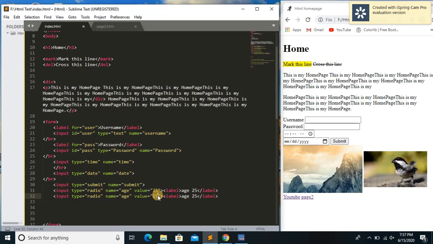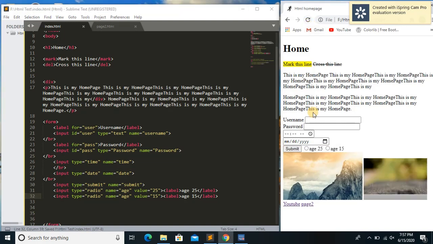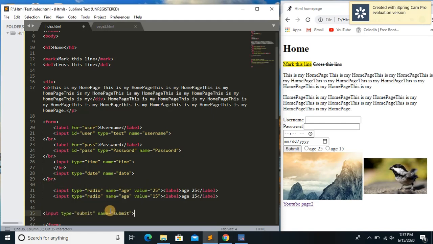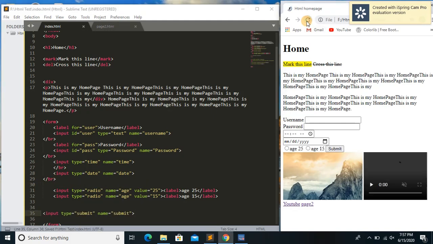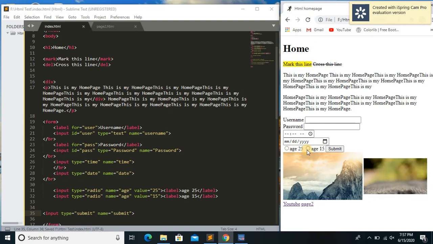Let's say 15. Save it. Let's run it. You can see a radio button. Okay, I should do it after submit. Okay, you can see a radio button over here. So okay, there is one more